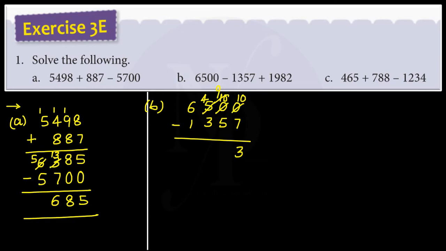Now subtracting 5 tens from 9 tens, you get 4 tens. And subtracting 3 hundreds from 4 hundreds, you get 100. On subtracting 1000 from 6000s, you get 5000s. The difference is 5143. Now we have to add